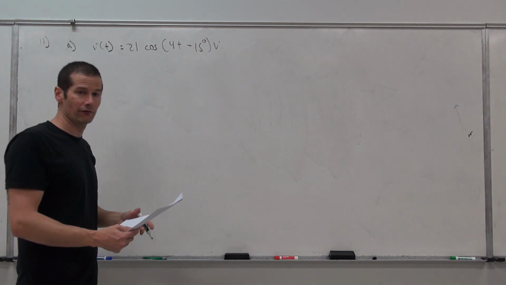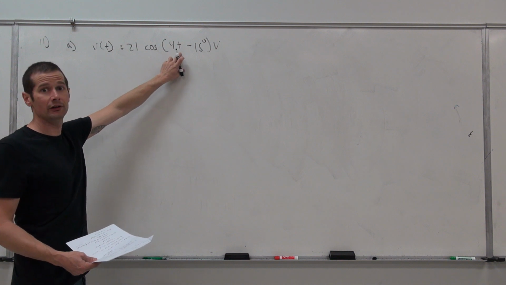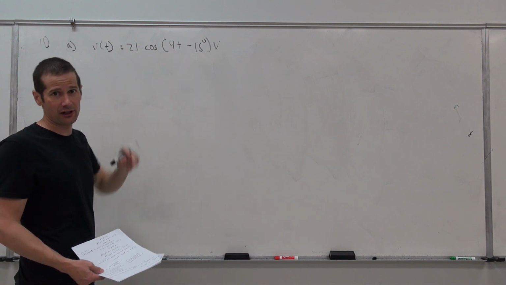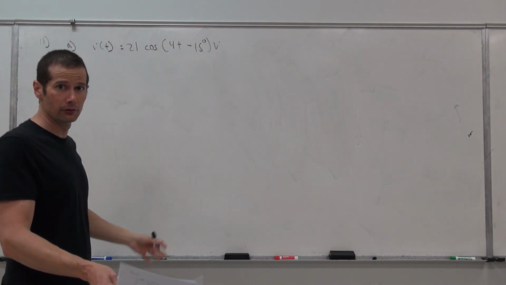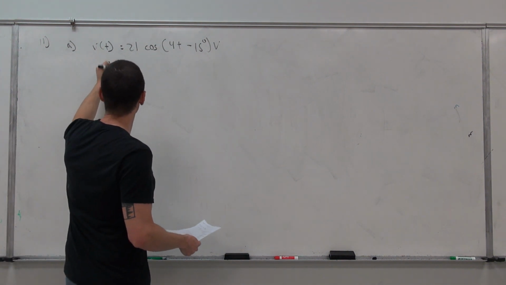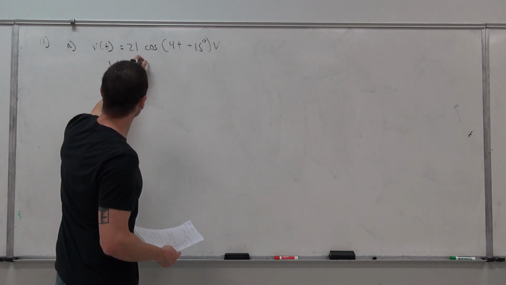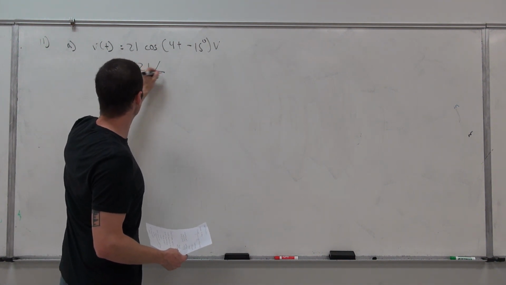So we're just going to go ahead and convert that over. We drop the cosine, obviously we drop 4t. That's basically 4 radians per second multiplied by time. That's present in the whole entire problem. So the only thing that we care about, capital V, is equal to 21 at an angle